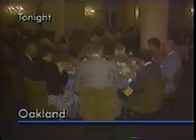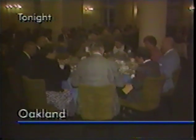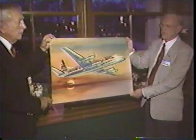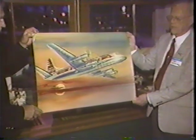And another name out of the past was cause for a blast tonight in Oakland. Former employees of Capital Airlines had a reunion at the Pittsburgh Athletic Association. Capital used to fly regularly out of the old Allegheny Airport before being absorbed by United Airlines in 1961. The reunion was organized by the Pittsburgh Aero Club, which hopes to start an aeronautical museum in Pittsburgh with memorabilia from